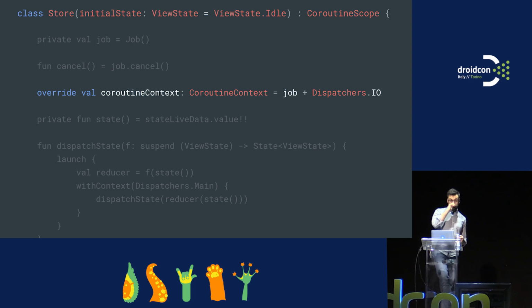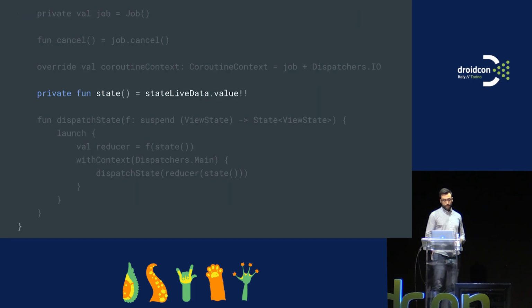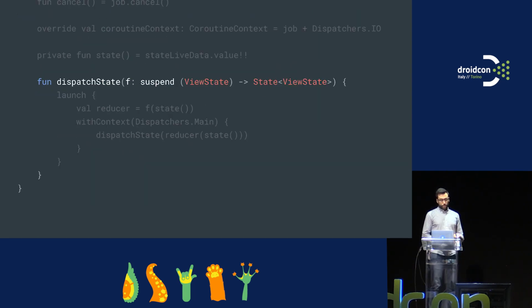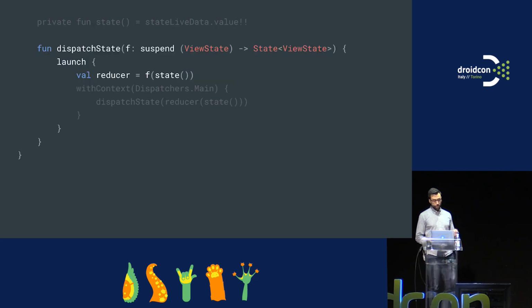What we're saying is we define our context as being in Dispatchers.IO, so everything will happen in the background thread. And we want to make sure that we have access to the value of the states, and we also want to make sure that when we dispatch a new state, we have a suspend function that's going to be the reducer. So we want to make sure that is going to be suspending. That will do all the computation that needs to be done, and it will go back to the store when we can do it. So basically, we're launching this function, we compute the state, and then this reducer function is